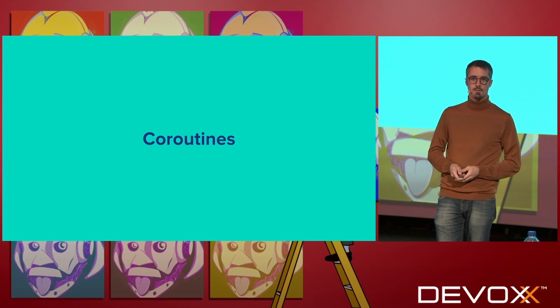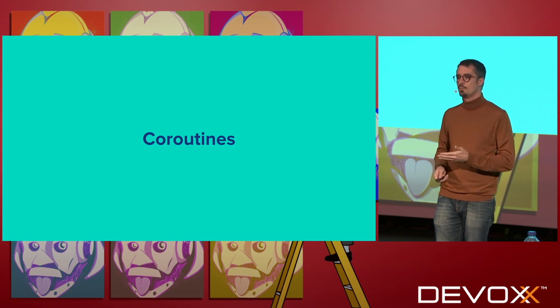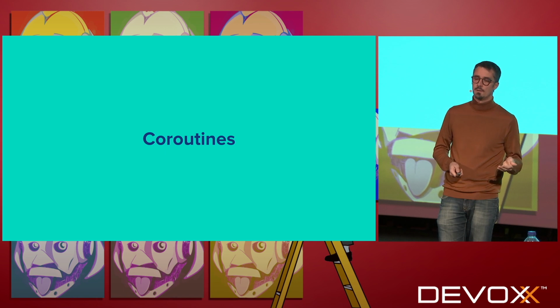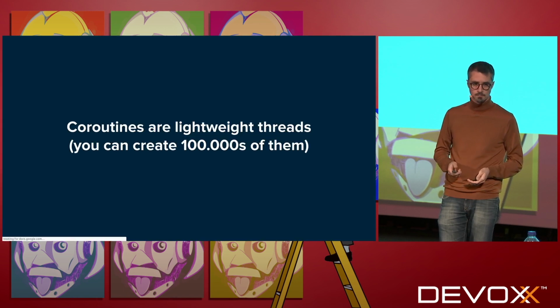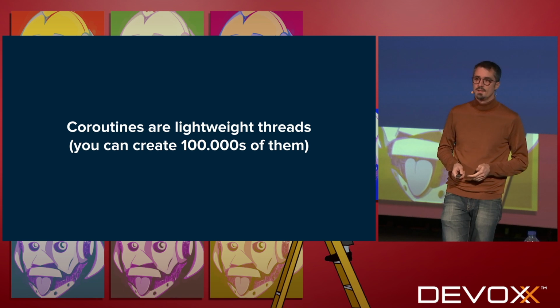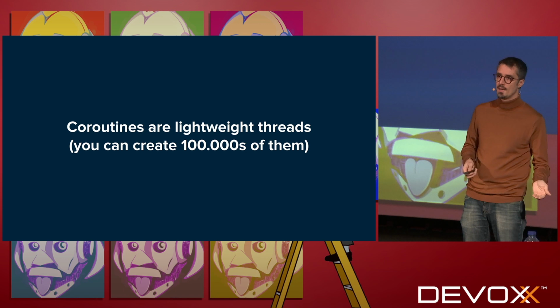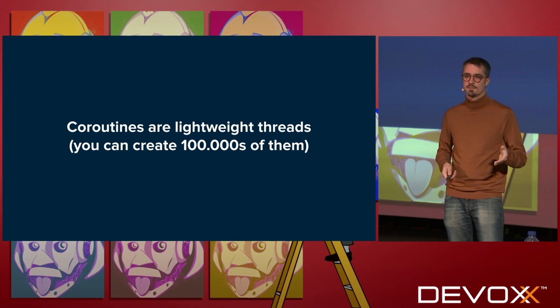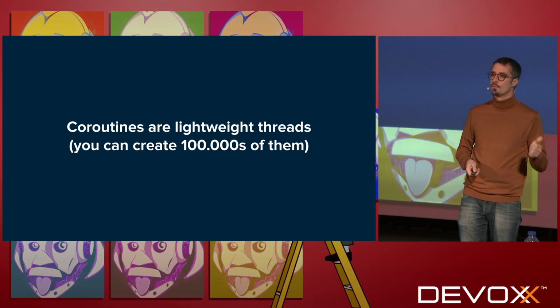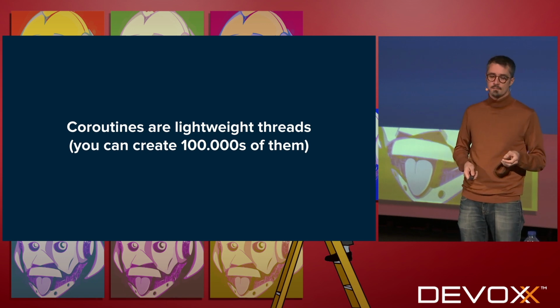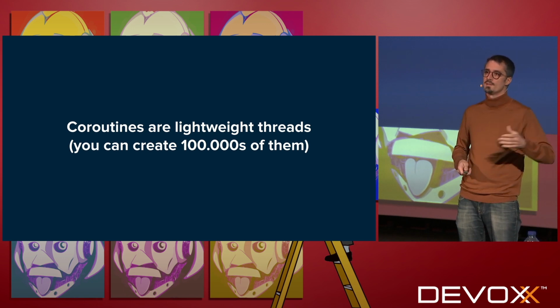Okay, so we are now going to talk about coroutines. We are going to begin talking about coroutines in general, and then we will focus on what that means for the Spring support. So coroutines are lightweight threads. I mean, you can create thousands of threads, but you can create hundreds of thousands of coroutines, because for one coroutine you have a very small allocation, and basically you decouple the OS threads from the threads that you deal with on